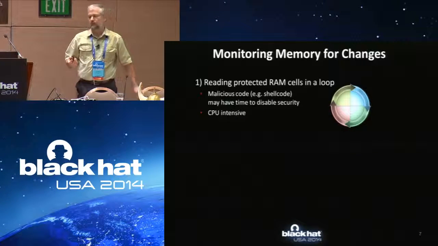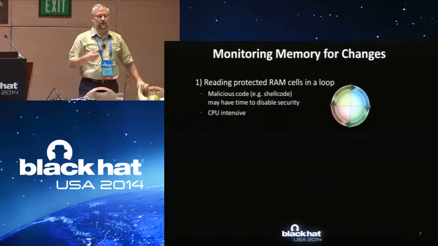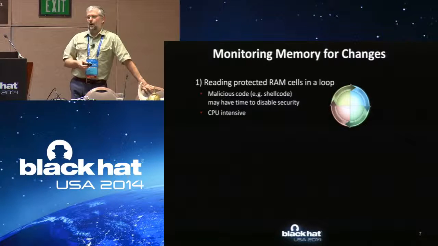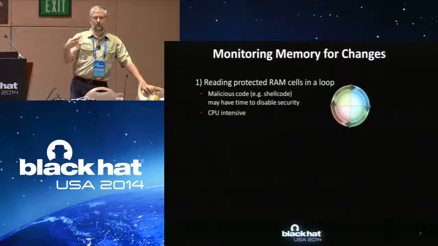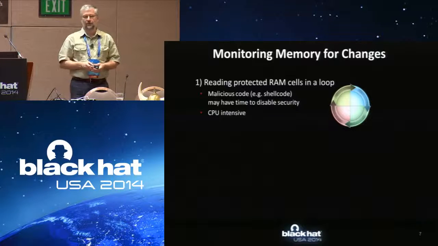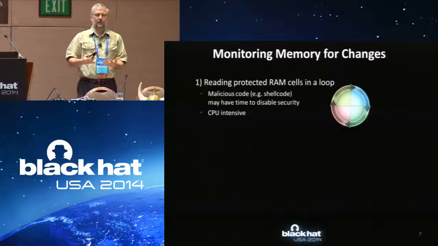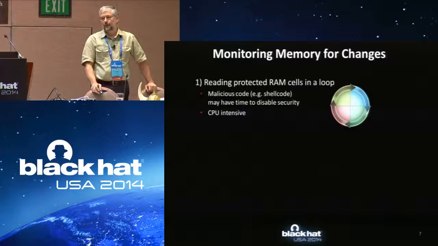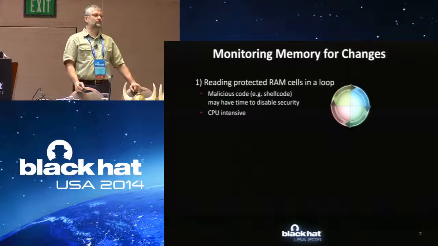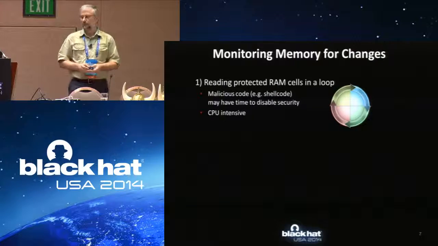So the simplest way of monitoring memory for changes is just running a tight memory checking loop. You keep reading whatever you're interested in and comparing to what it should be. The problem is that if some malicious code tries to modify these areas of memory or patch the checking loop itself, you may not even have time to react, and that type of software protection will be fairly easily defeated. It's also very CPU intensive, so pretty expensive from the point of view of consuming CPU cycles and battery in laptops and all the drawbacks